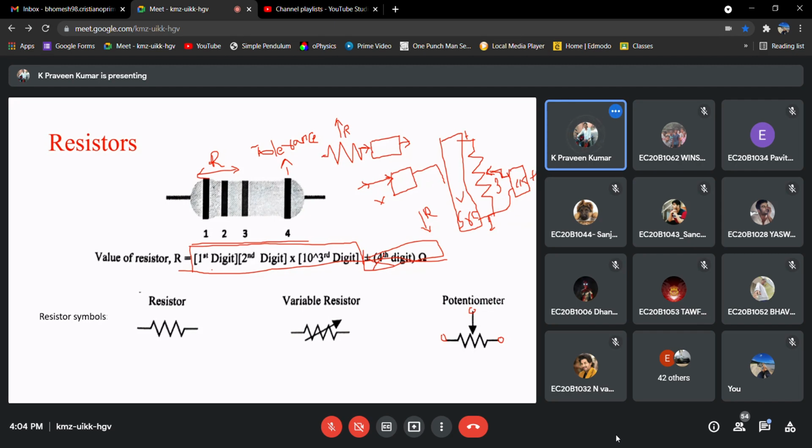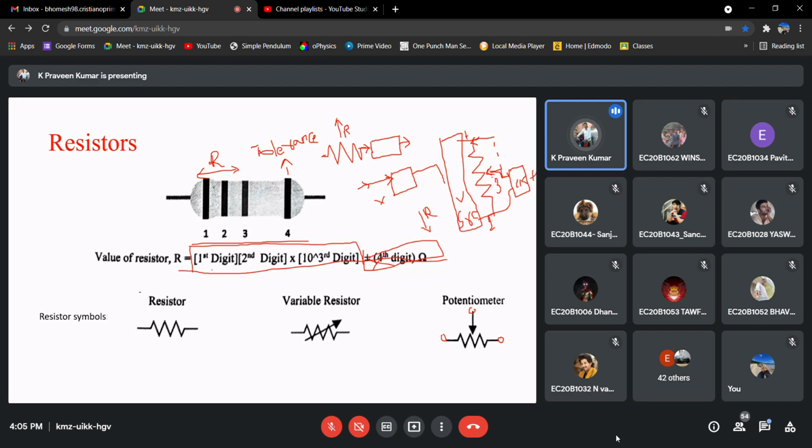Say for example, if this potentiometer has a knob, and it is in one of the extreme positions, then whatever current is coming from this source, the entire thing will go to the circuit. No, I don't want that entire current. I want to reduce the current, or maybe I want to reduce this potential.